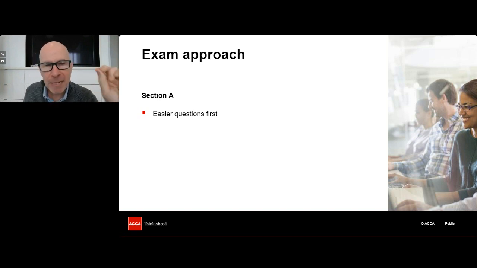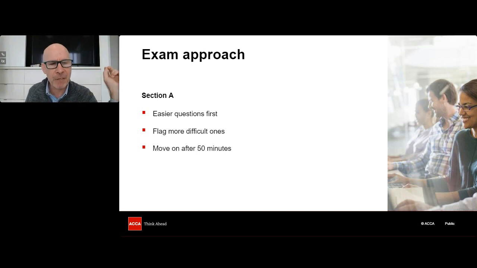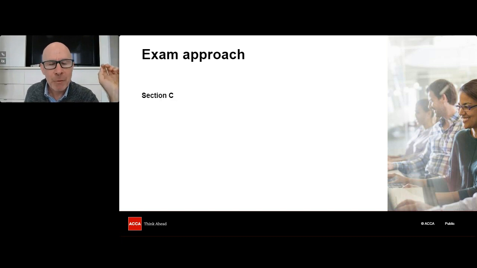Then you do a second pass through, and you want to focus on the medium level objective test questions, okay? When 50 minutes are up, hopefully you got through 11 or so. Maybe if you're really good, you got through 12. Even if you had to leave 3 or 4 difficult ones till later, that's fine. Easy marks first. Flag the difficult ones. Now you move on at the end of 50 minutes. But you skip over B. Jump over to C, people.